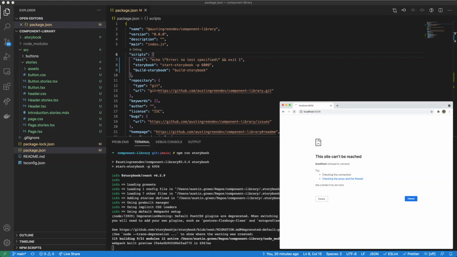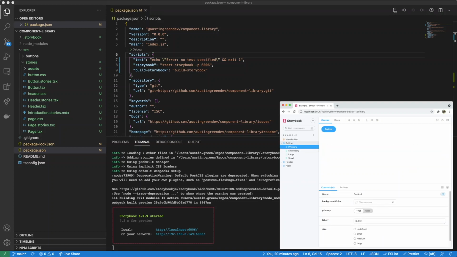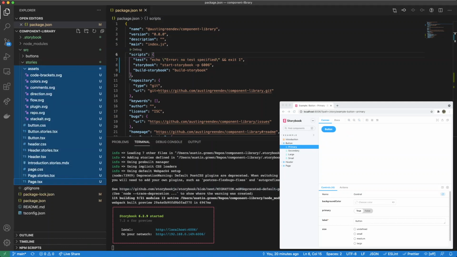And then once that's done, we should see this update. There we go. So by default, it includes several stories that showcase how you can document different elements. There's several different tools and add-ons here by default, but we're actually going to remove all of these to begin with. So let's remove everything under the stories directory,